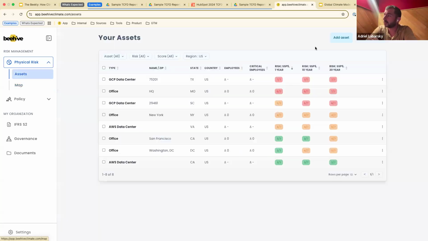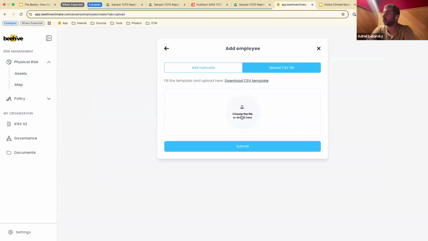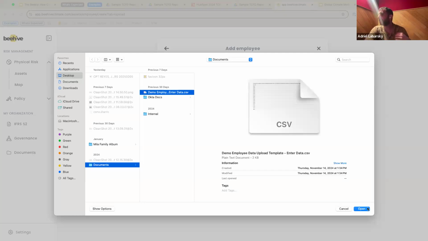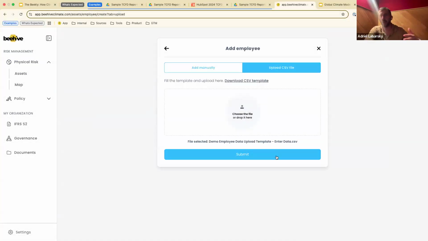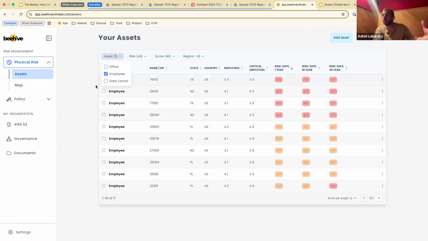Well, it's cool here, and it actually becomes very easy to measure risk to employees. And so we're going to do what everyone tells a salesperson never to do, which is a live demo. I'm basically going to drop in a CSV of a bunch of zip codes and a made-up number of employees you might have in each zip code. And you'll see, if things go well, automatically you get to see risk to all of those employees. And you begin to understand this data and say, where do I have employees who live in high-risk areas? What are these risks from? Is it more wildfires or floods? How does that change over time?